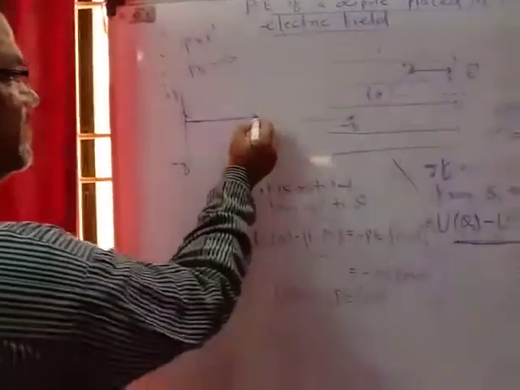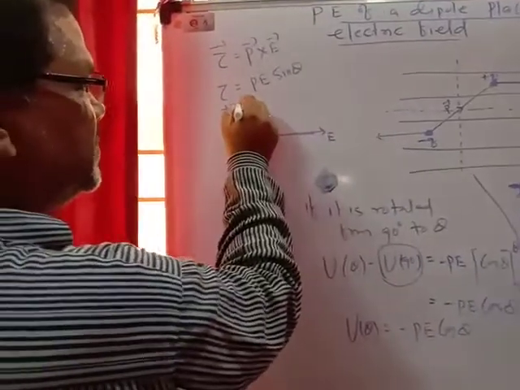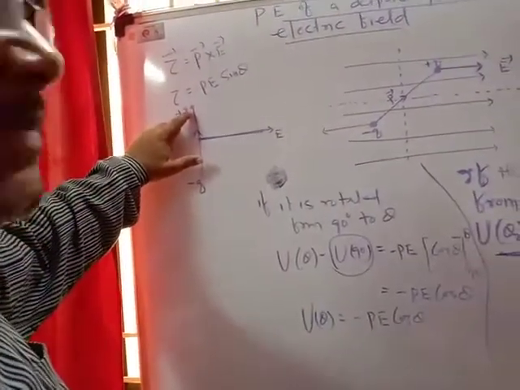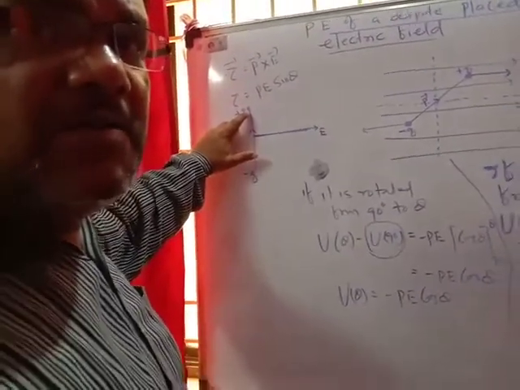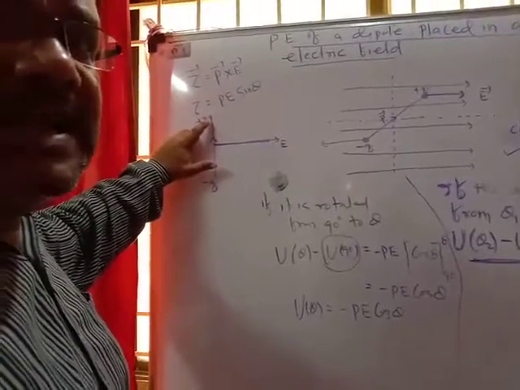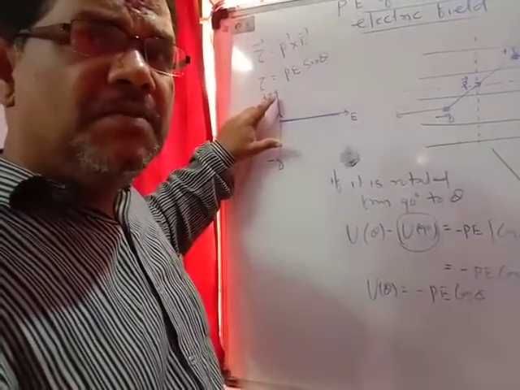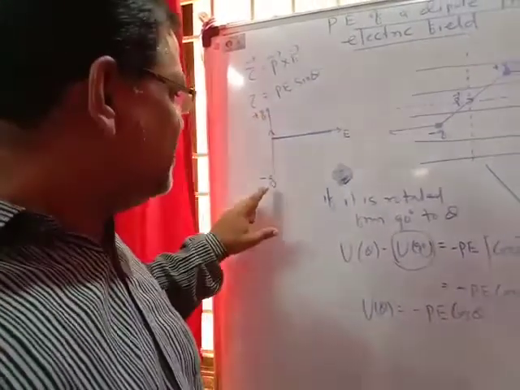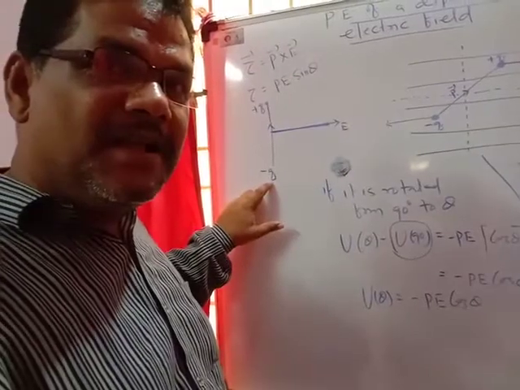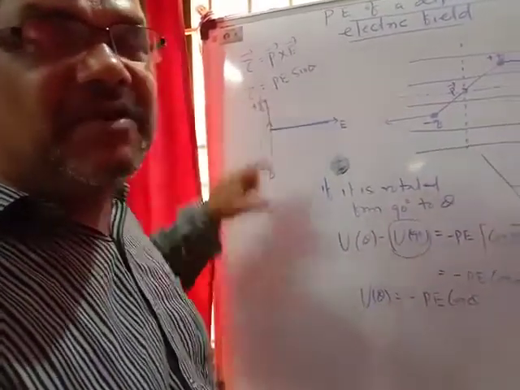Because you know from the potential, if you choose a point from infinity to plus q, the work done will be, because of scalar quantities, what will be the work done? Or you can tell the potential energy at point plus q will be 1 upon 4 pi epsilon naught plus q upon r, and due to minus q, 1 upon 4 pi epsilon naught minus q upon r. So the net potential energy at this angle will be 0.